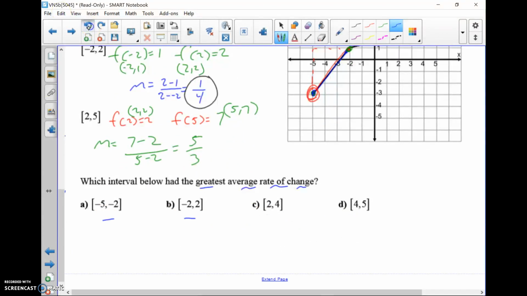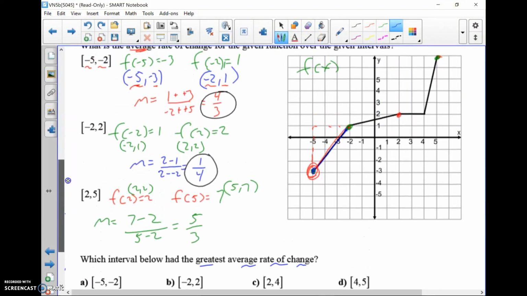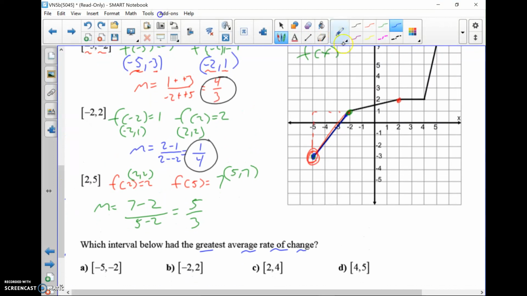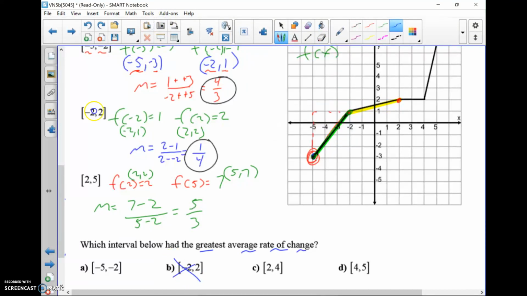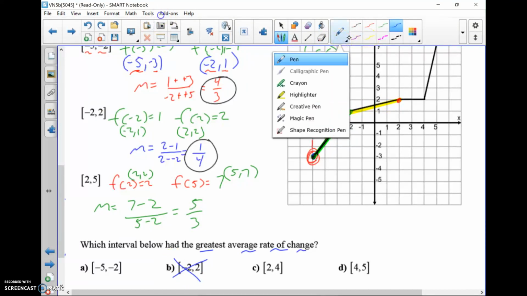But really, if you have the graph, you could see it visually. And this one, I think, is giving you all different connected intervals here. So if I want to compare these slopes here, the slope of -5 to -2, that's pretty steep, versus the slope of -2 to 2. That's definitely not steeper than the first one, so that rules out that. The slope of 2 to 4,